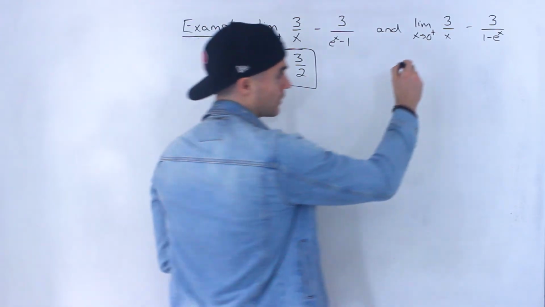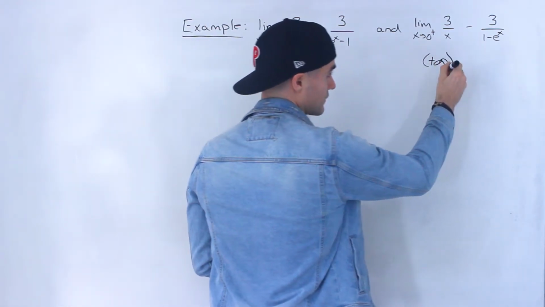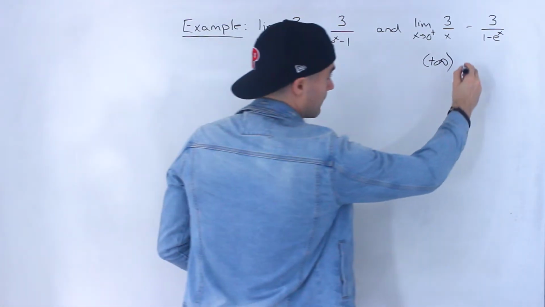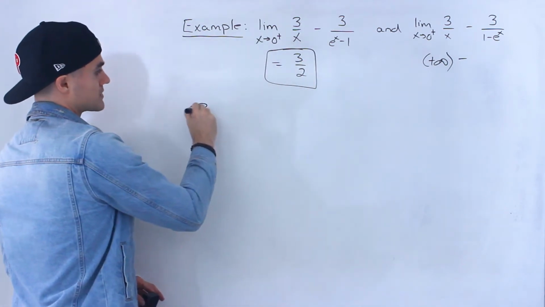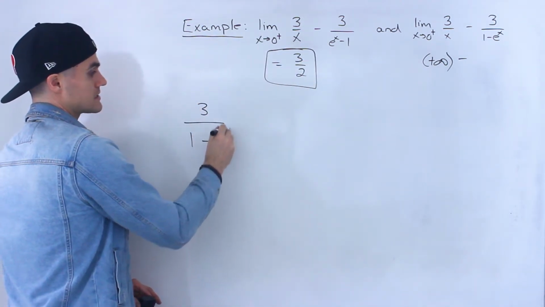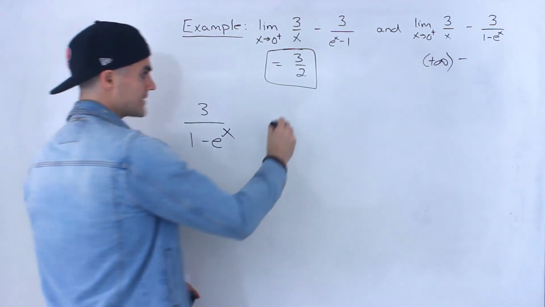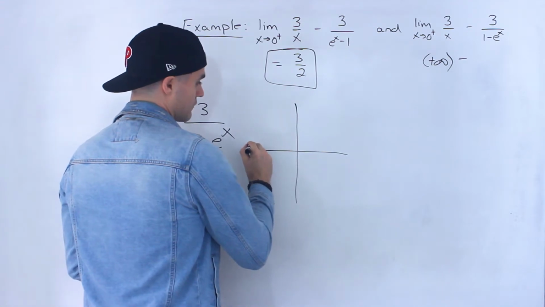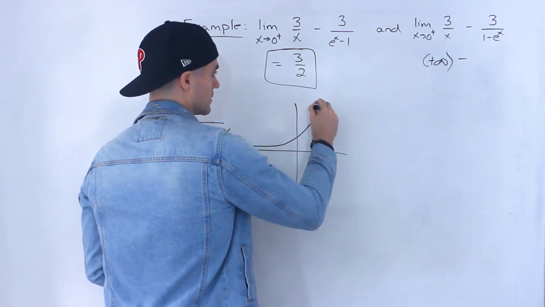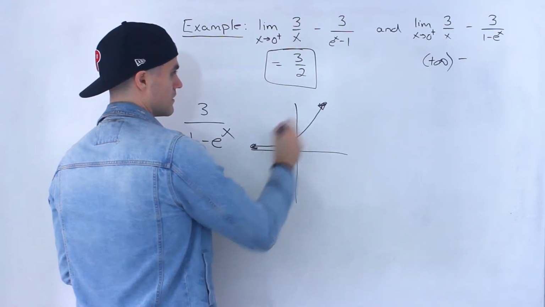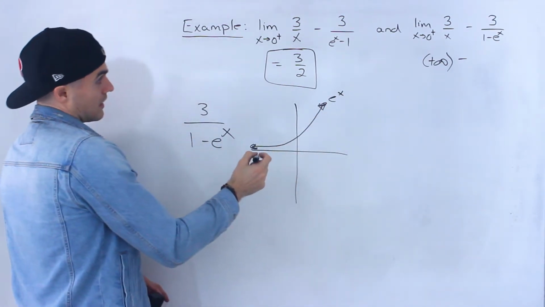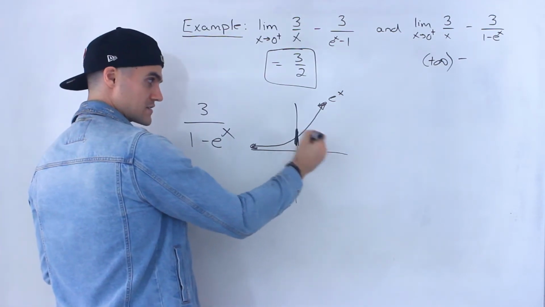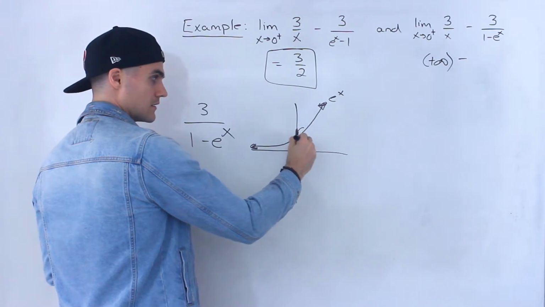So the 3 over x, we already talked about how that's going to go towards positive infinity as x goes towards 0 from the positive side. Then we got the minus in the middle, but now let's talk about this 3 over 1 minus e to the x. And as I did before, let's look at the behavior of e to the x first. So this here is e to the x. As we approach 0 from the positive side,